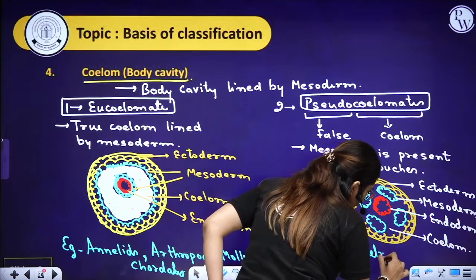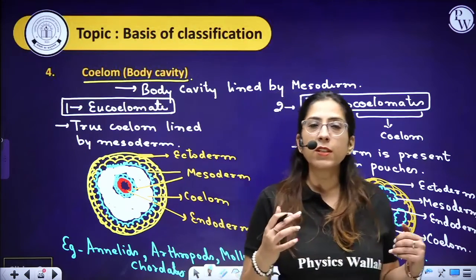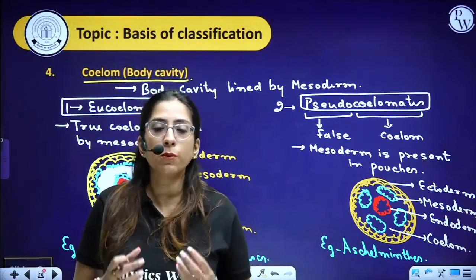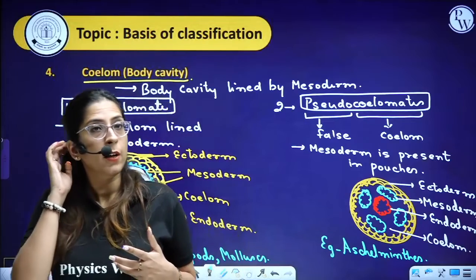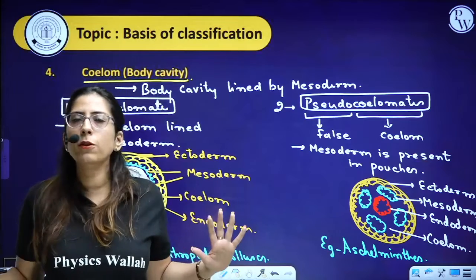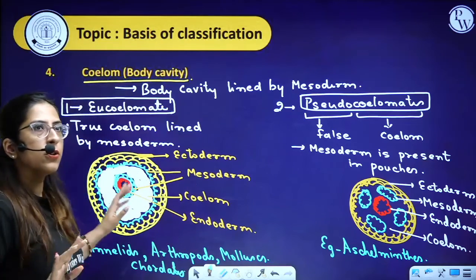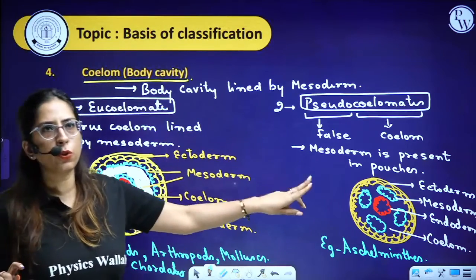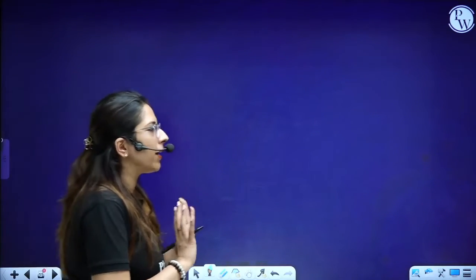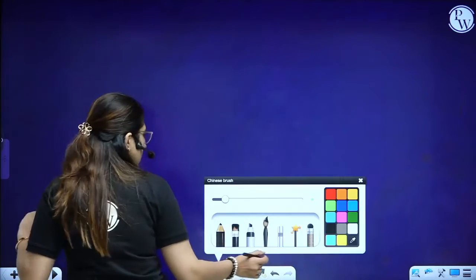Aschelminthes. That means your roundworms, they come under this category. So I'll keep on saying that, guys, these are the eucoelomates, these are the pseudocoelomates. So you should understand this terminology. This chapter is very interesting, and I am 100% sure you will be able to do this whole chapter. It's just that you have to follow whatever I am saying in the session. So hope this eucoelomate is clear. Hope this pseudocoelomate is clear. Both the definitions, hope they are almost clear in your mind. Now let's talk about acoelomates.